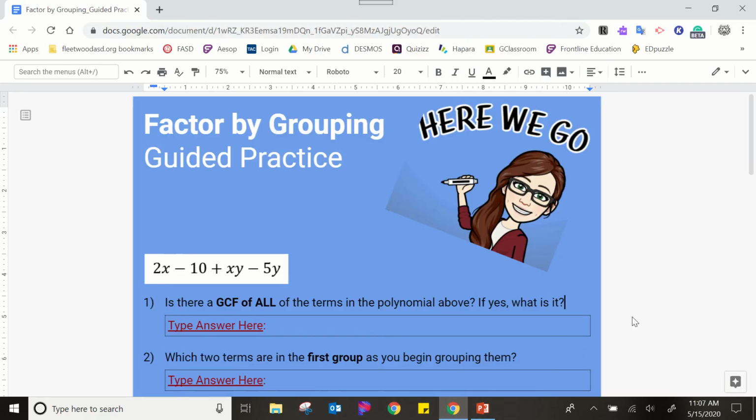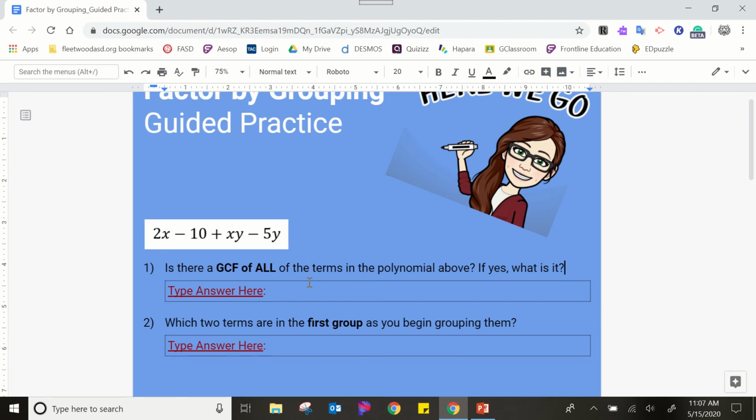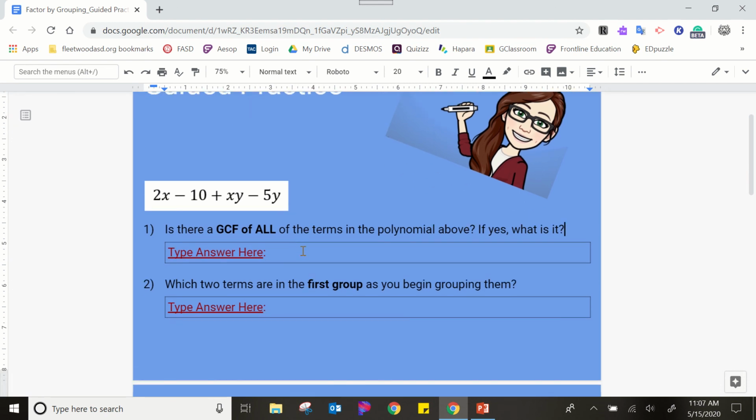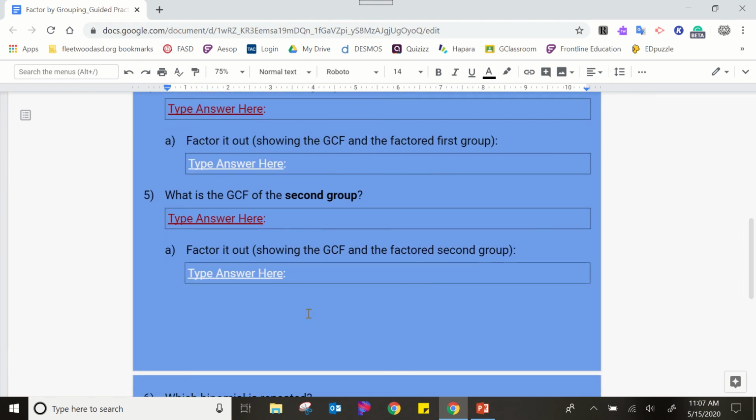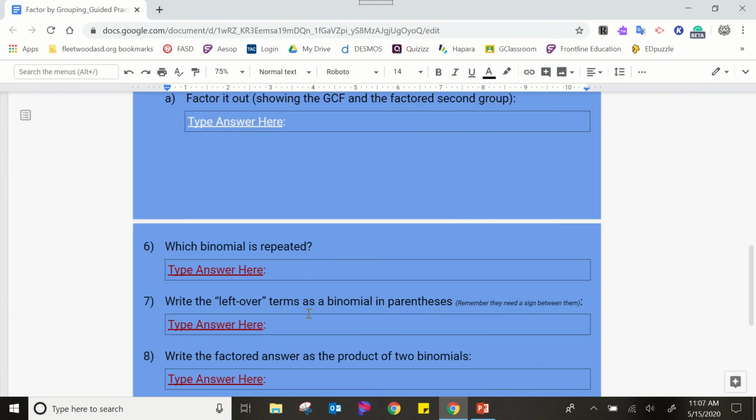here. This is what the Google Doc will look like. Factor by group and guided practice. So here's the problem you're going to be factoring, and then it's going to take you step by step through the process. Everywhere you see a box that says type your answer here, that's where you are completing things. You will just type your answer in there. Okay. And again, if you have any questions, refer back to this video, and that should help you through the